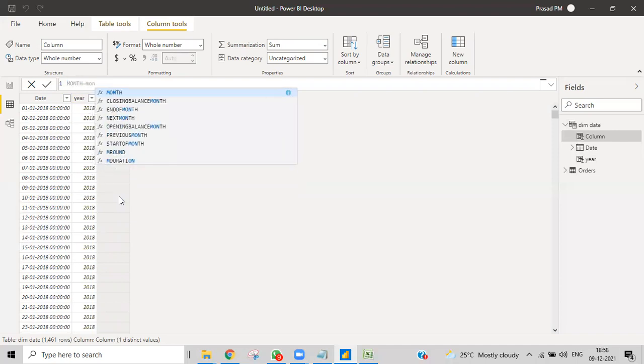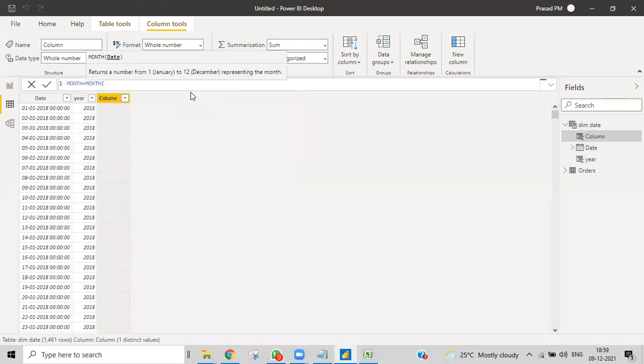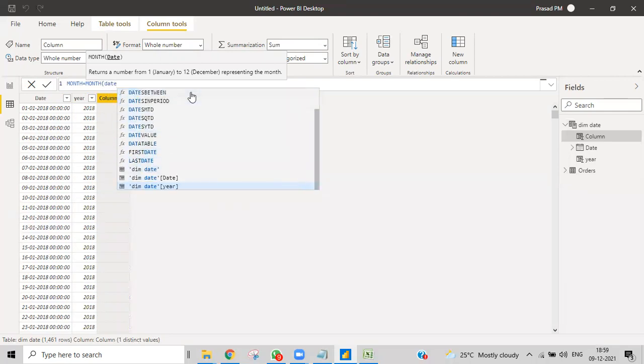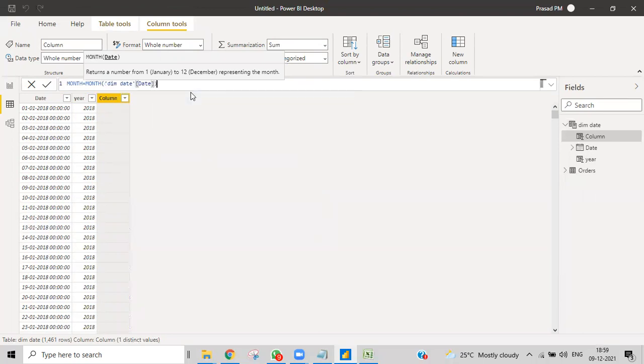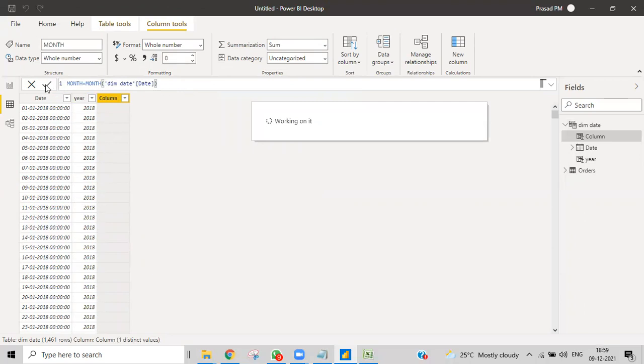While you do that, if there is a blue background on a particular function, you can see the blue background. If I use my mouse, it will go down, and then if I click up. So when there is a blue background on that particular measure, you can press tab and it will come over here. You don't need to click on it. That is the easier way. Then the date, and again dim date and tab. Finished. You can click enter or approve; both will work.